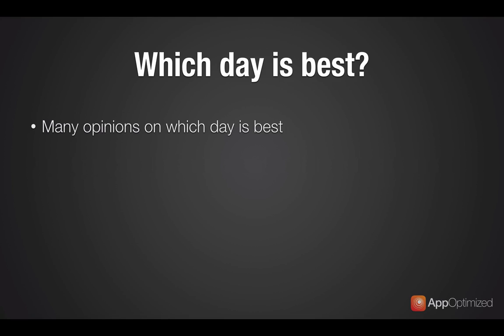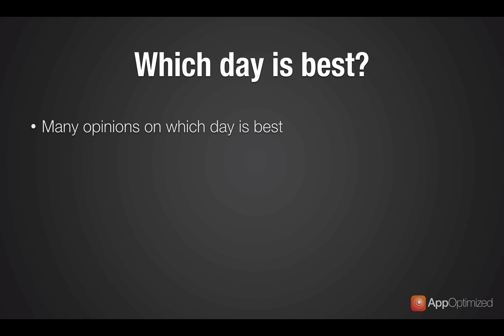In fact, Monday to Wednesday, the reason why you would want to launch on one of those days is because advertisers are less likely to be advertising on that day. But Sunday is probably very good because it's on a weekend, and that's one of the busiest download days. And the argument about Thursday is because Apple actually refreshes their featured apps list, and that's why Thursday is always a good argument to launch your app.